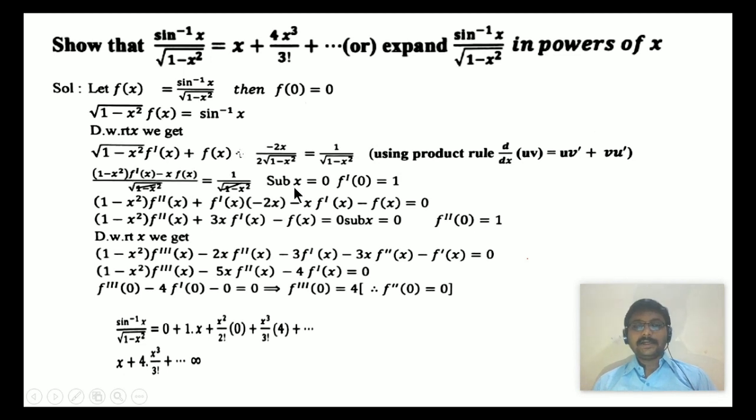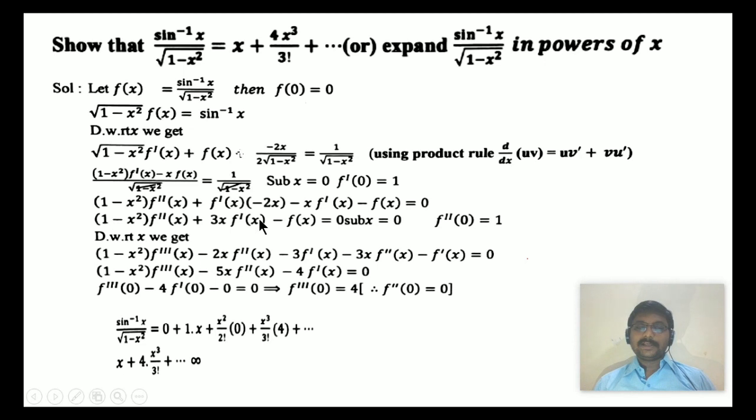Now using product rule again and differentiating with respect to x, on the right hand side one derivative is 0, the left hand side differentiated using product rule, we will have f triple dash and f double dash of x, so that we can compute f double dash of 0 by putting x equal to 0 and using the values f of 0 value as 0 and f dash of 0 value as 1. Substituting these values, we can get f double dash of 0, that is 1.